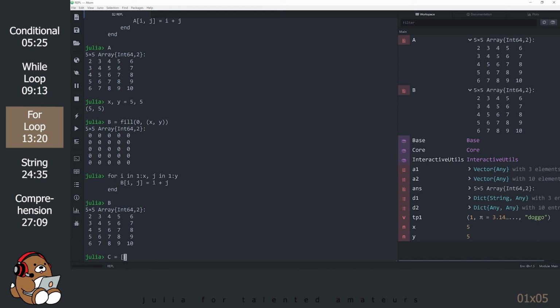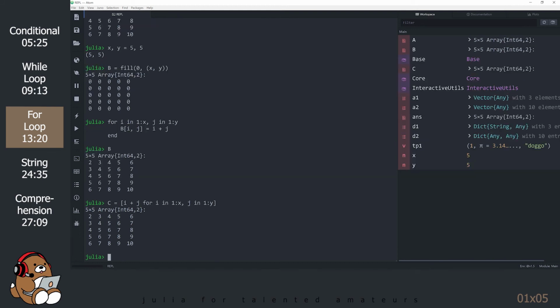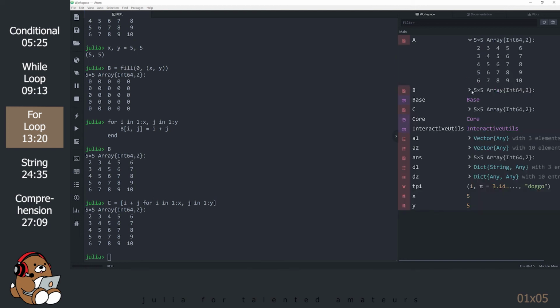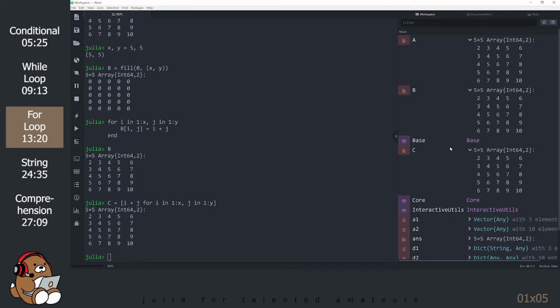This next example is the same as the previous two examples, but it takes syntactic sugar to another level. This format is called a comprehension. We'll see more examples of comprehensions in a few minutes. However, for now, just note that using this format resulted in the same array as the previous two examples, but it did so by using just one line of code.